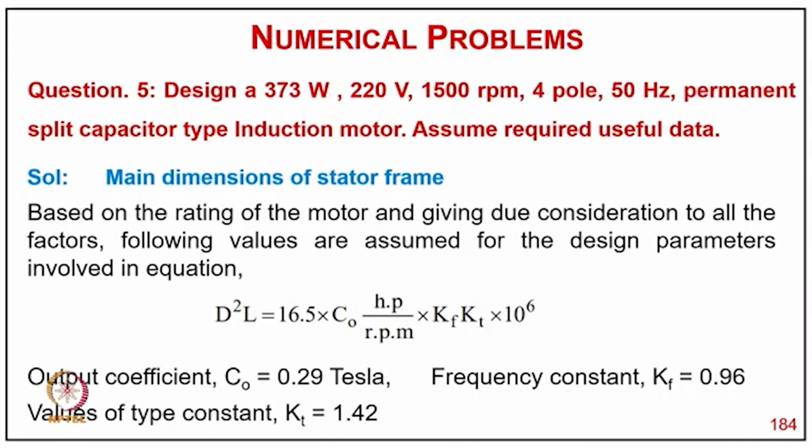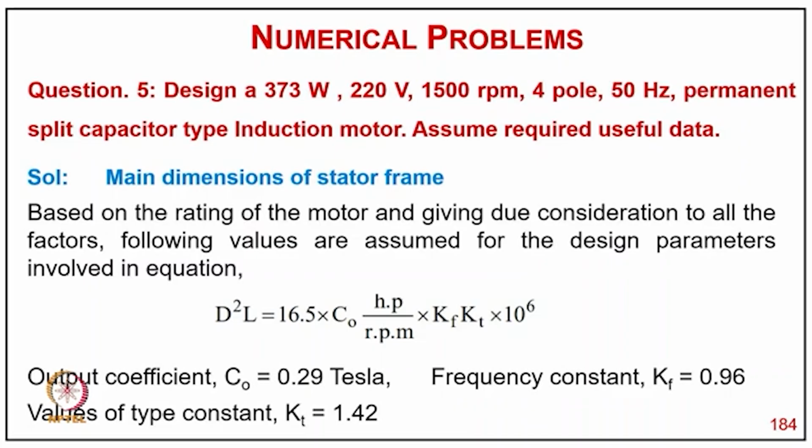0.5127 kg. So now coming to question 5: design a 373 watt, 230 volt, 50 Hz, 4 pole permanent split capacitor type induction motor, assuming the required data. So the main dimensions of the stator frame are based on the rating of the motor and giving due consideration to all the factors. The following values are assumed for the design constraints: D square L from typically 16.530 HP upon RPM